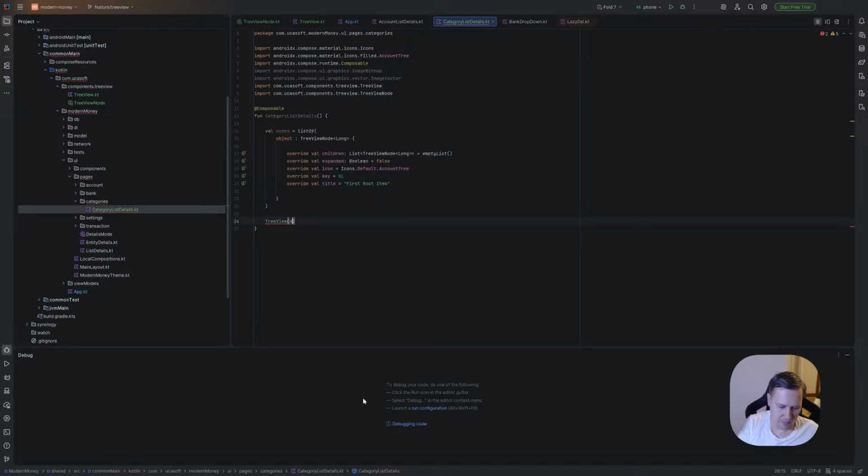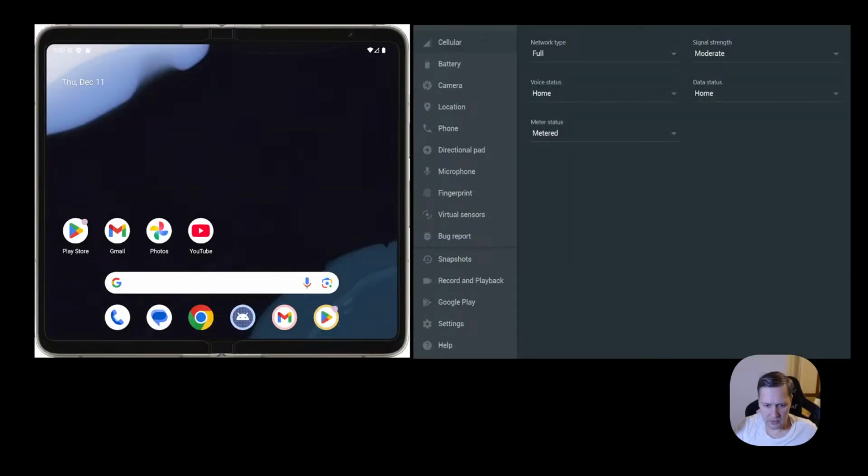Okay, and we can pass nodes here. So far it looks slightly ugly, but we'll see how it goes. So let's switch on our beautiful Android emulator. Because we didn't change any database, we don't need to reinstall our application. So it's building.